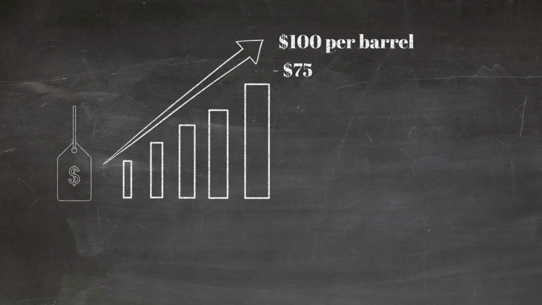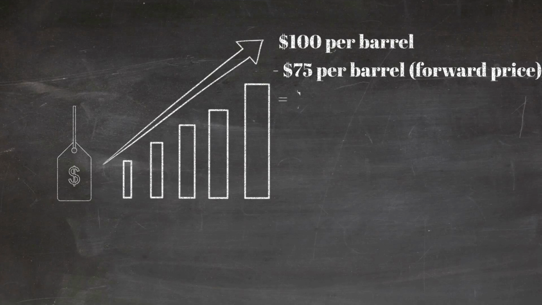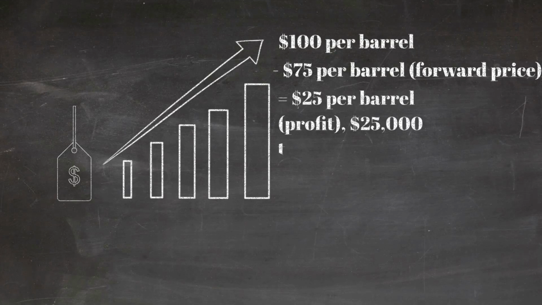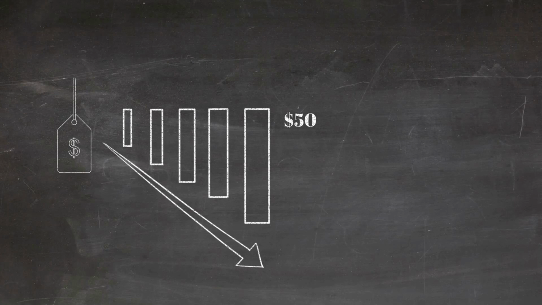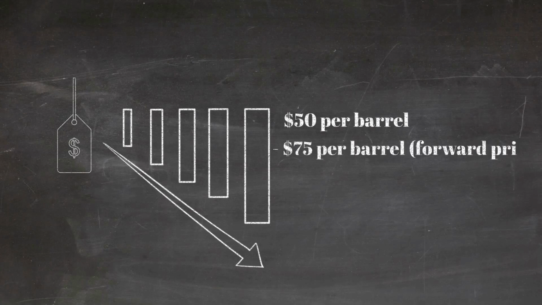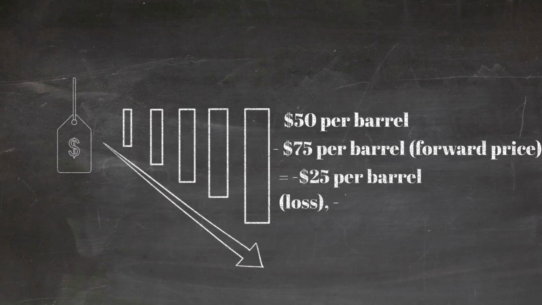To close the contract, he has to sell it back to the broker. He earns $25 per barrel of oil, which translates to a profit of $25,000 less any fees or commissions. Not a bad profit for an initial position that cost him $7,500. However, suppose things played out differently, and instead of rising to $100, the price of crude oil fell to $50 per barrel. In that instance, the trader would have lost $25,000 and his initial trade thesis would have been